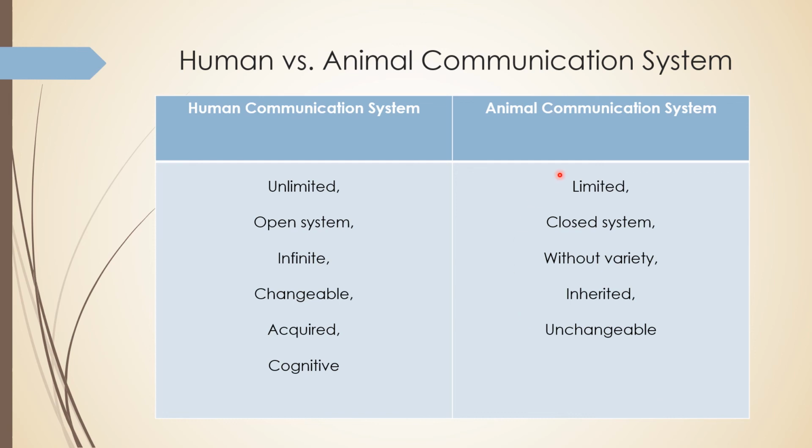So the features we have been looking at for the last 25 minutes, you cannot find in this kind of communication system in animals. For example, we know that some animals communicate among themselves, for example, the bees, the dolphins, and other animals. And even we can hear human sounds from the beaks of different birds like parrots, but still we cannot say that is a language, because